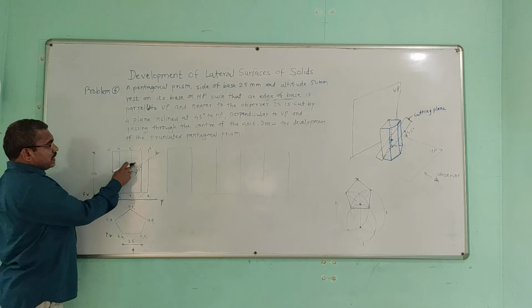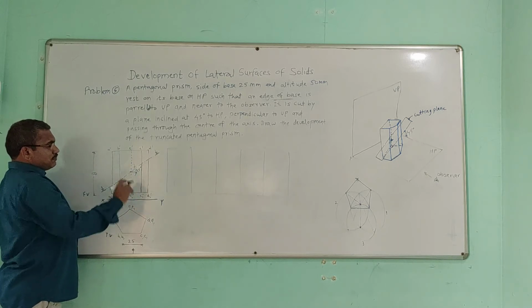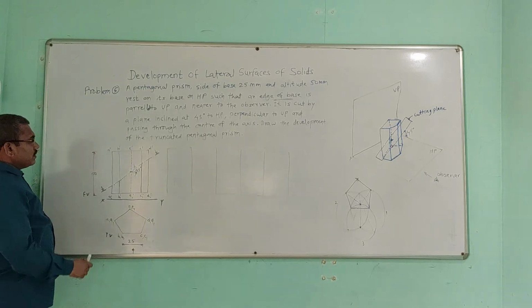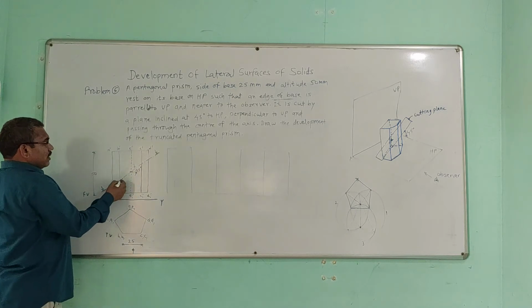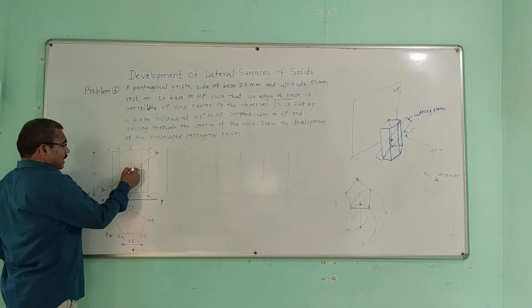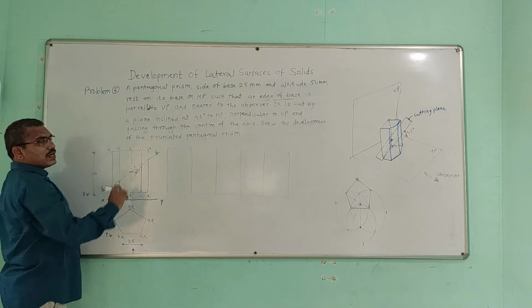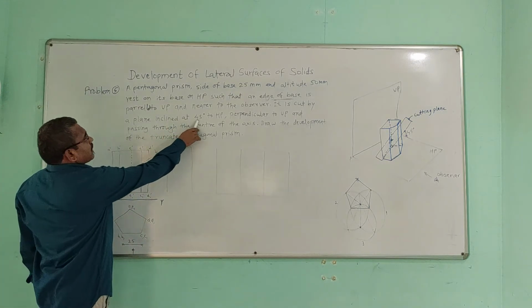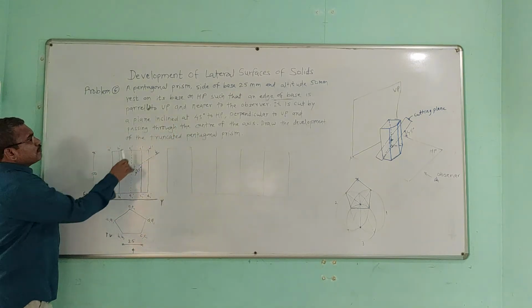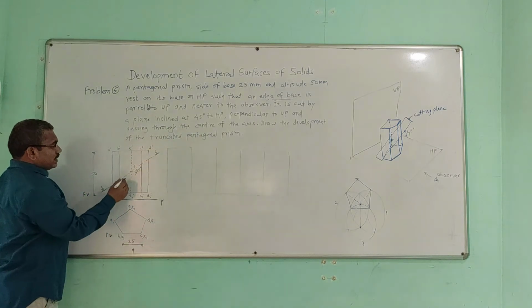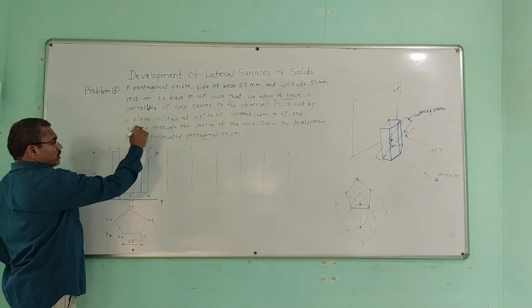So I have shown this EE1 face edge, and on this face edge you mark a 25 mm point height and draw a line inclined at 45 degrees that indicates the cutting plane. The 45 degree cutting plane passes through the center of the axis. So the center of the axis is this point, and you have drawn this cutting plane.